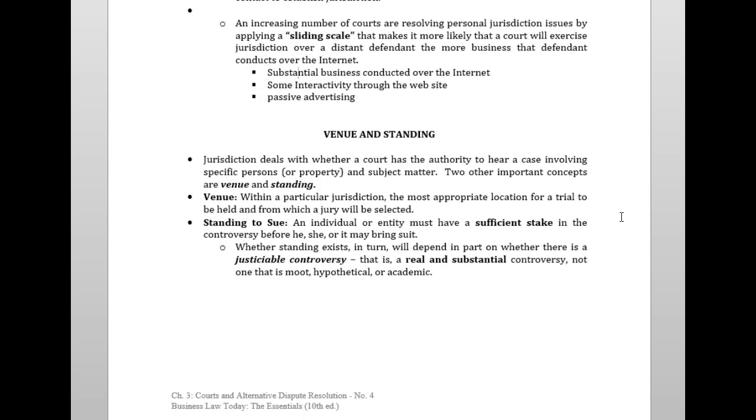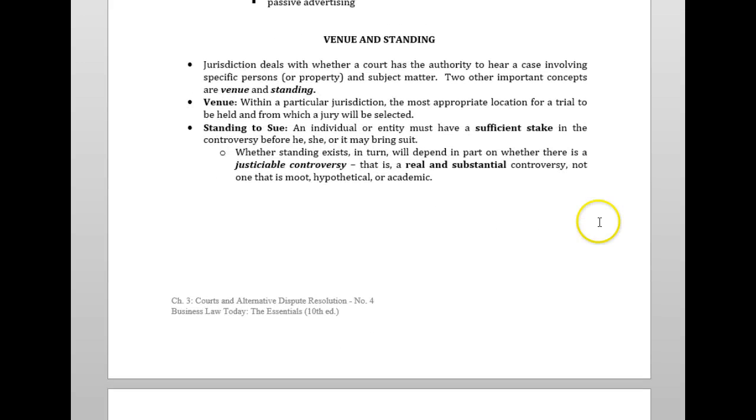The other issue that you start looking at here is venue and standing as you look at whether a case can be filed in court. Venue is in what district or what area, the appropriate location for the trial. A very good example of this is the